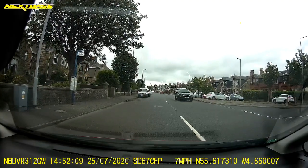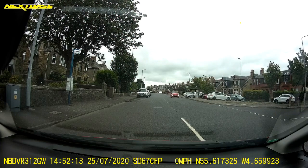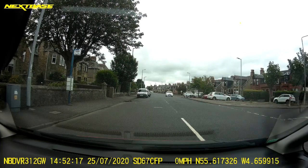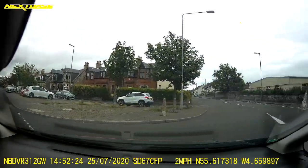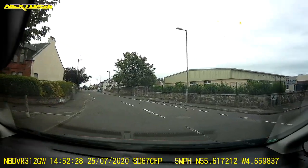As he slows down to make his turn, that makes the gap shorter, so I'm not going to risk turning across the front of that red car. I'm now going to wait for a larger gap, which I'm now going to take, and I'm going to turn right again. So straightening up, right. Mirrors again, signal again,